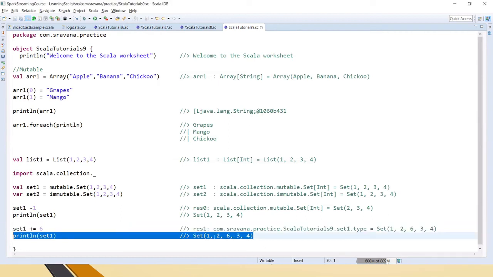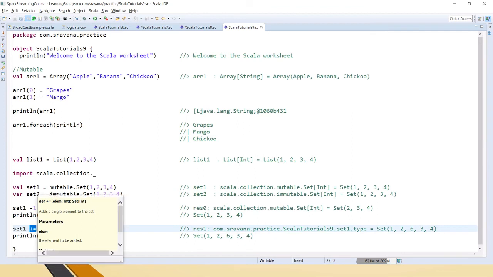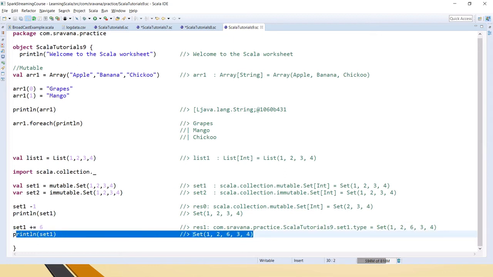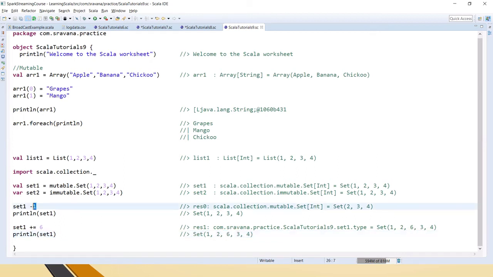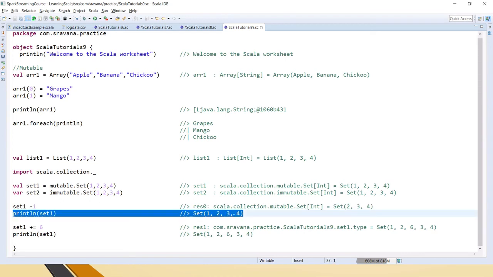Now the original set has been changed. You understood the difference, right? For this and for this, this is the overloading operator. So this is an operator, and because of that it is really a function kind of. So that's why it has internally updated set1, and here clearly we can see that the number 6 has been updated inside the set. Whereas if you just do this, this is only for that particular session, and it will not be updated in the original set.